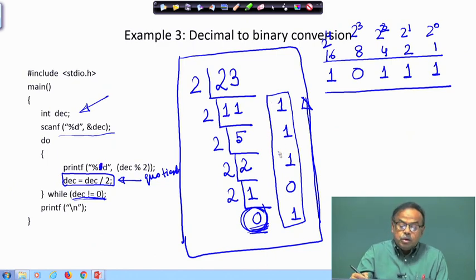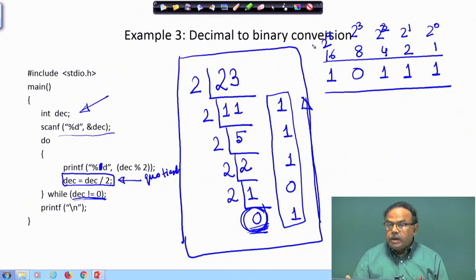All right. I divide by 2 continually and I am printing in this way 1, then I change it to 11 and then divide it, then des becomes 5, I print it and go on doing it. So, at least once I am dividing till it is 0. Okay. This is the algorithm for decimal to binary conversion.